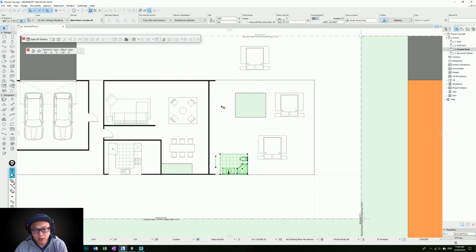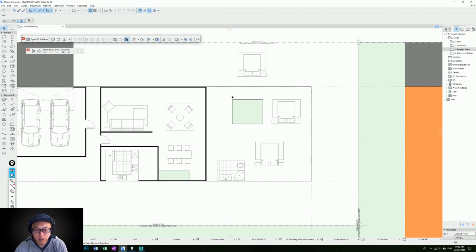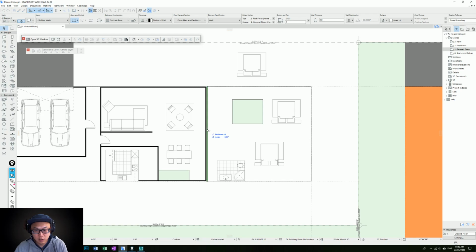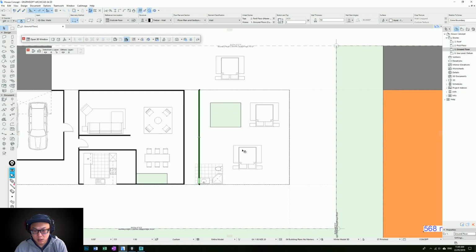Let's see, where can we do with the, so if I were to leave a gap 1.2, doesn't leave much room,